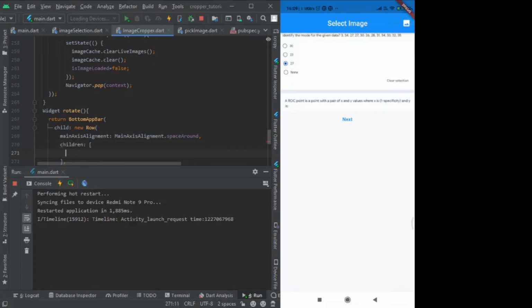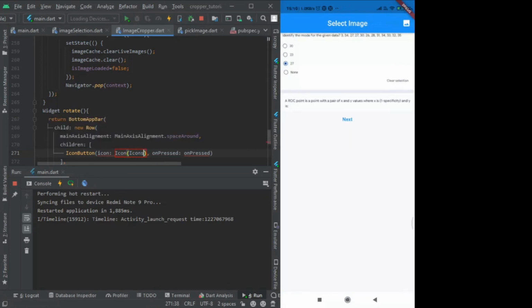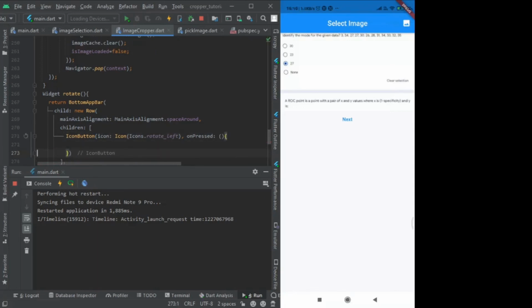So in general, what we are going to do is add an icon button with icon Icons dot rotate left,